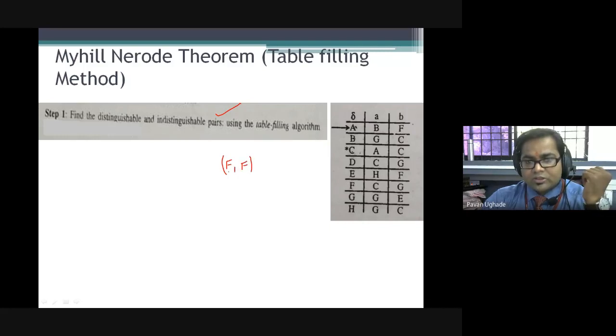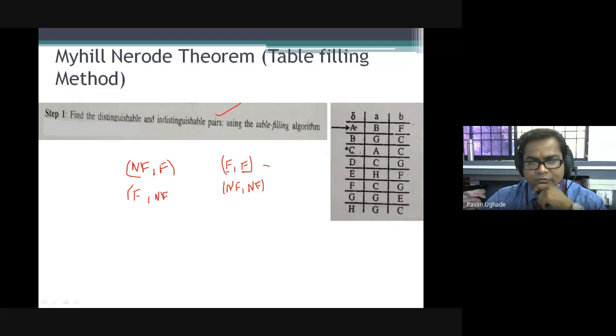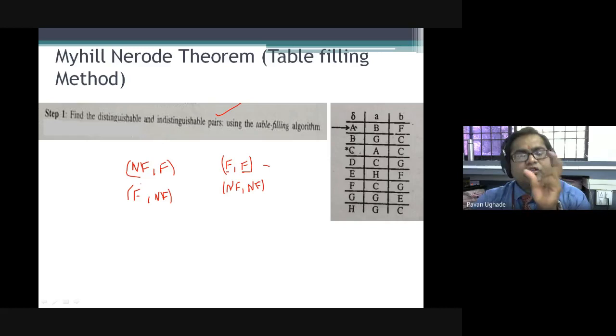what about this? Whether they are distinguishable or indistinguishable, guys. Or the first state is non-final and another is also non-final, whether they are distinguishable or indistinguishable. Or the first state is non-final and second is final, which we have already discussed in the state equivalence method. I'm taking the same topic once again: final and non-final. There may be these possibilities, because we will be checking the combination of two states. The first state is non-final, another is final. The first state may be final, another may be non-final.